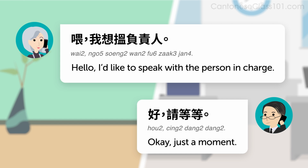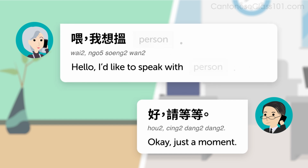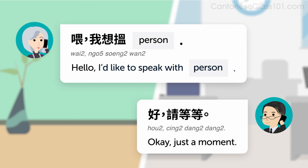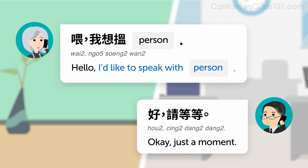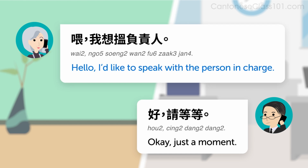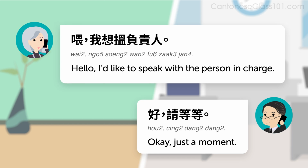First of all, you'll need to learn how to say hello on the phone. That's 喂。 Then you'll need to learn how to say, I'd like to speak with person. The pattern is 我想搵 person. This Cantonese sentence literally translates as, I want to find person, but it means, I'd like to speak with person. For example, hello, I'd like to speak with the person in charge. 喂，我想搵負責人。